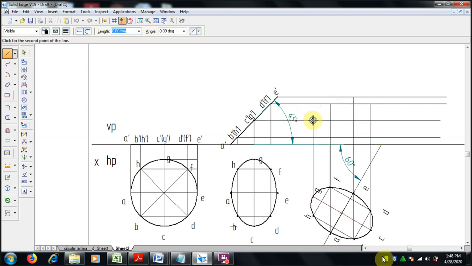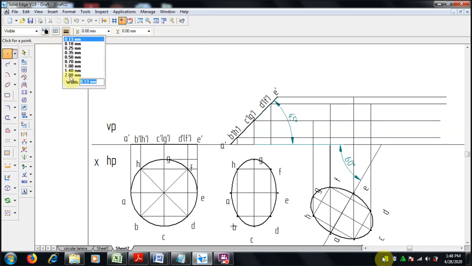Select the end points so that it will give a correct result. Now we have to draw the curve. Before that we can mention the names, and we can give the points. As I said, for making the curve, for visibility, A meets A dash, B dash, C dash, D dash, E dash point, F meets F dash, G dash, and H dash.